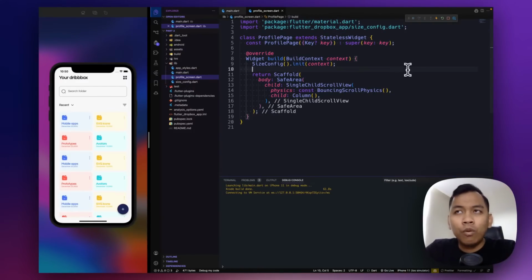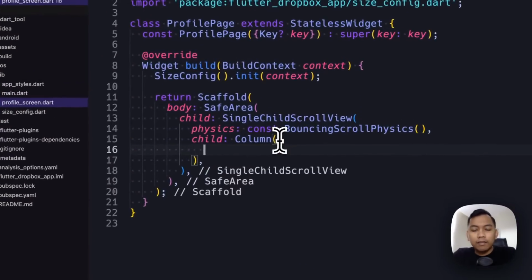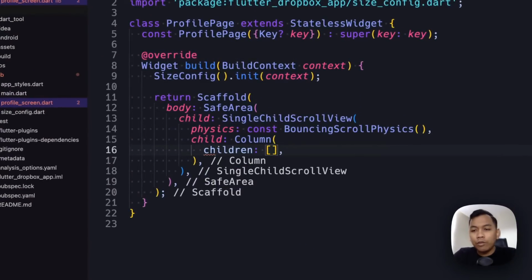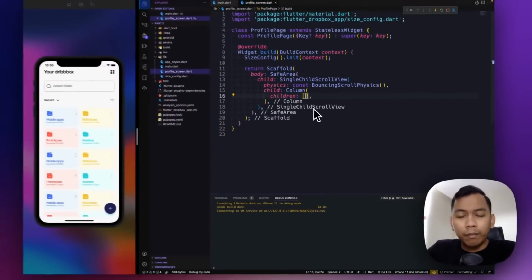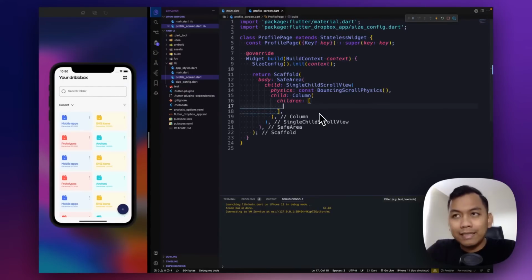And the next, inside this column widget, we will have children, because a column will have many widgets inside it, so we use children, not child.